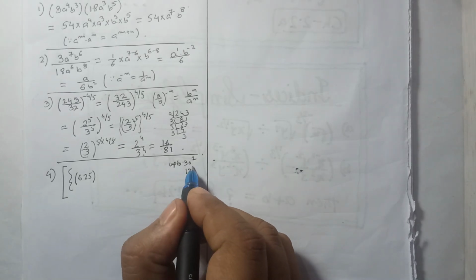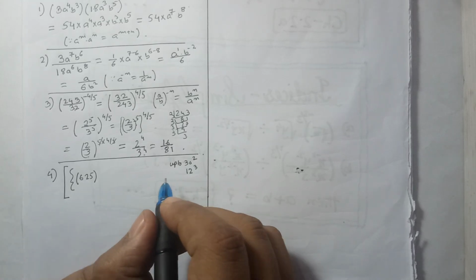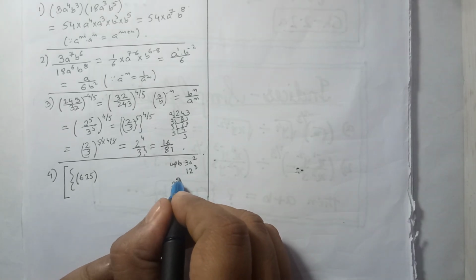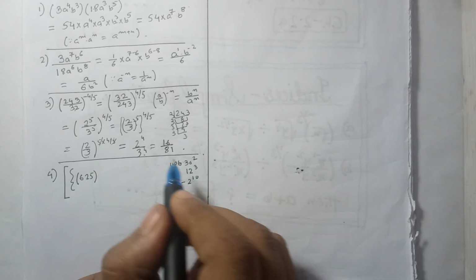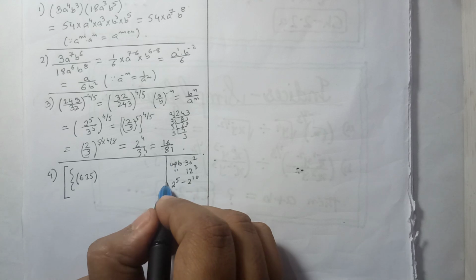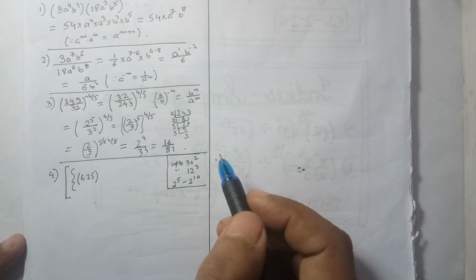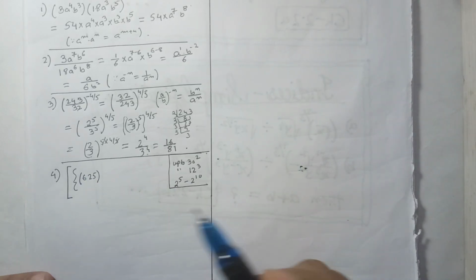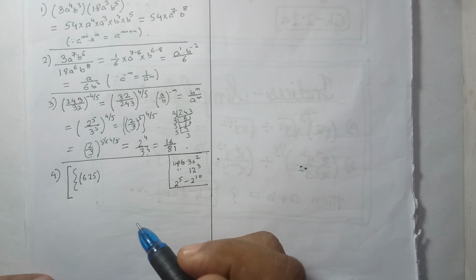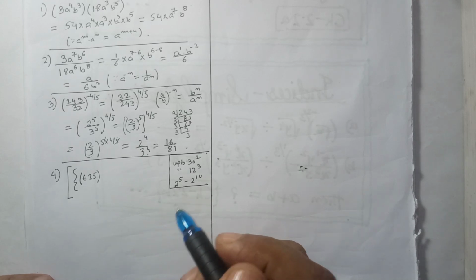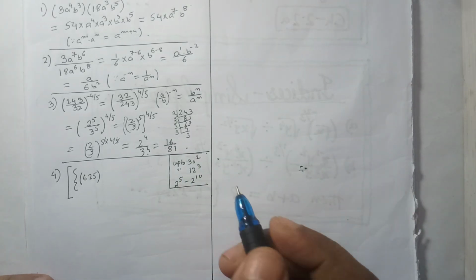Up to 12 cube, and from 2 to the power of 5 to 2 to the power of 10. These things will really help you to evaluate the indices. But it will not be remembered just like that. Let me tell you this, when you keep solving, you can memorize it easily. But at the same time, if you make a table of it, it will be useful only for you. Anyway,